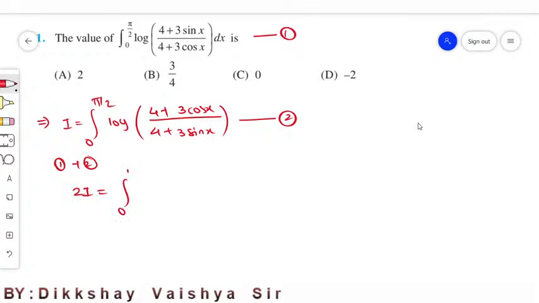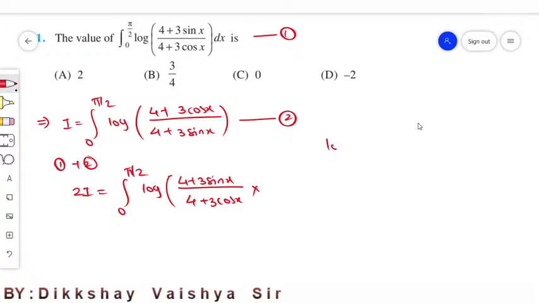Now common integral, log of, so if we add both these terms, log of this one plus this one, in common multiple we can write like this: log of 4 plus 3 sin x upon 4 plus 3 cos x into